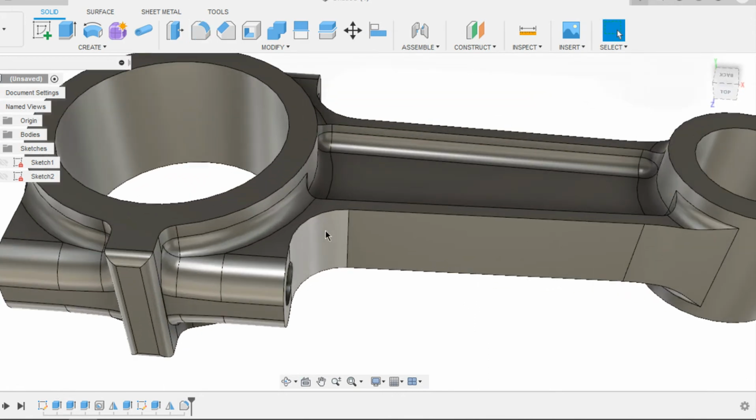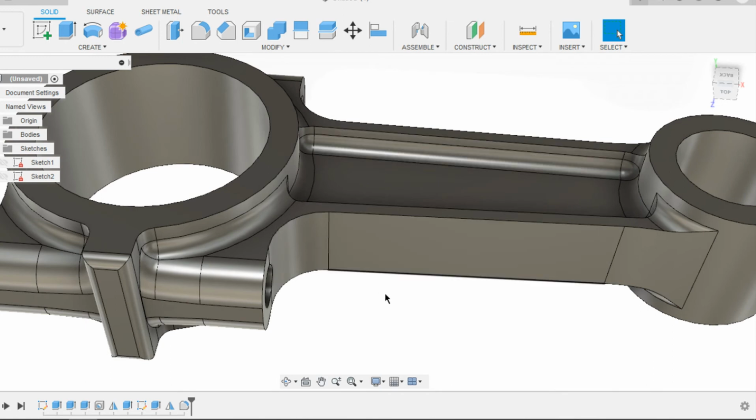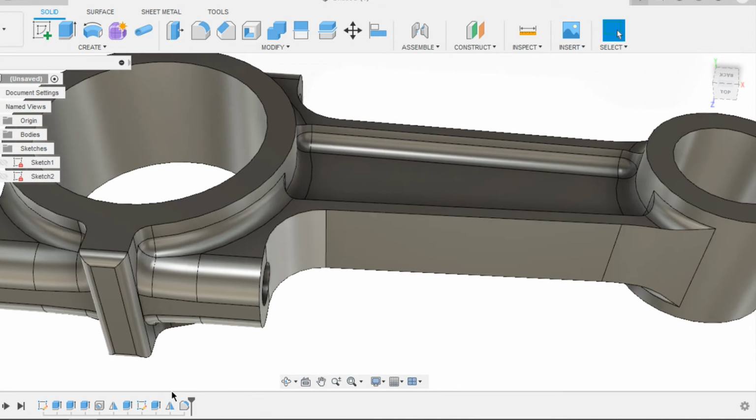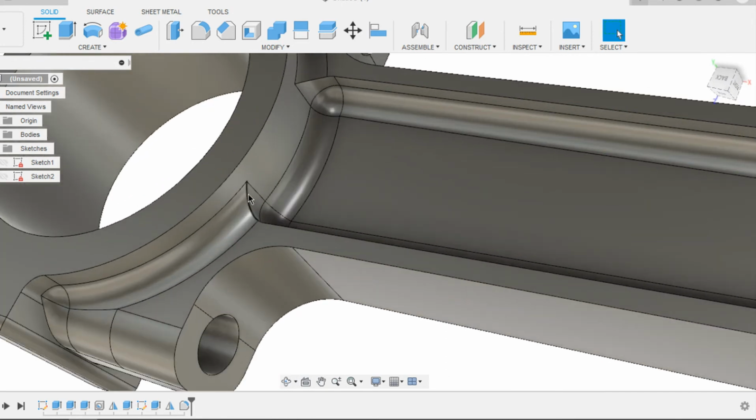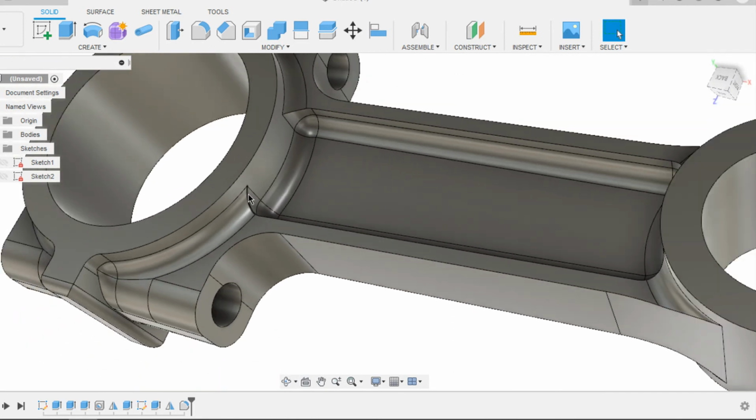Yeah, we just need to do one more fillet for these entities in here. We haven't done that with the same fillet that we created using multiple selections. That is because after that fillet creation, it creates this extra edge in here. We have to do this fillet after creating the previous one.